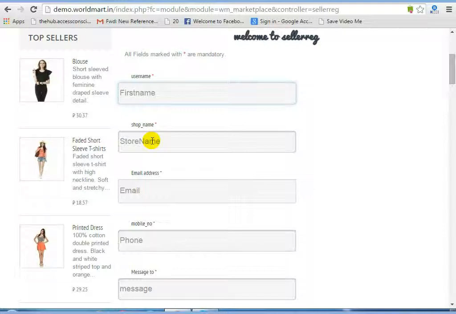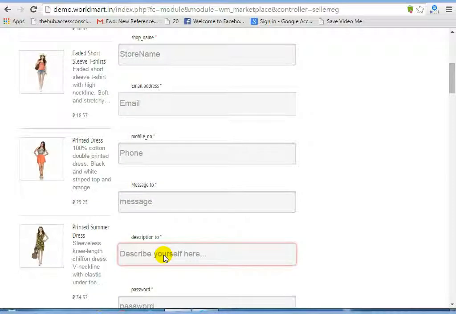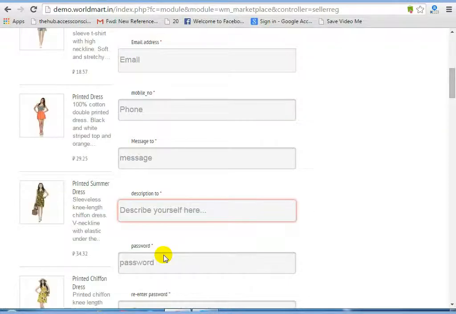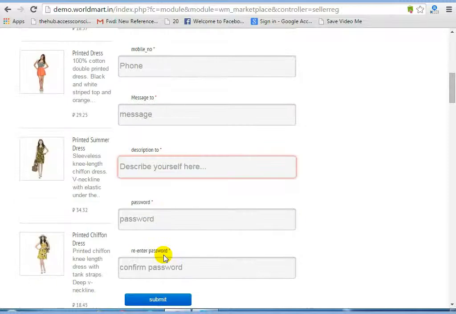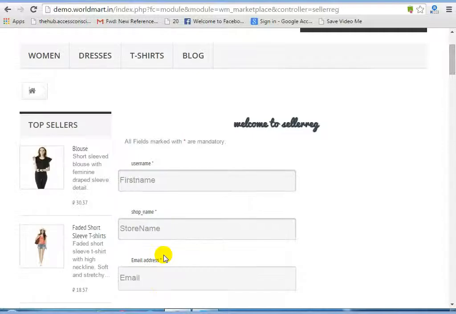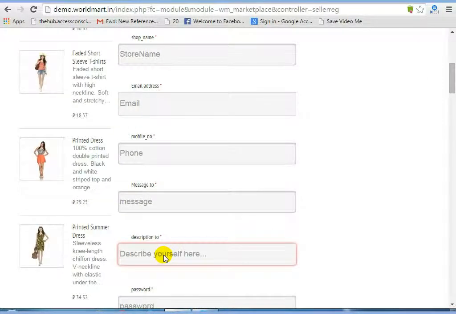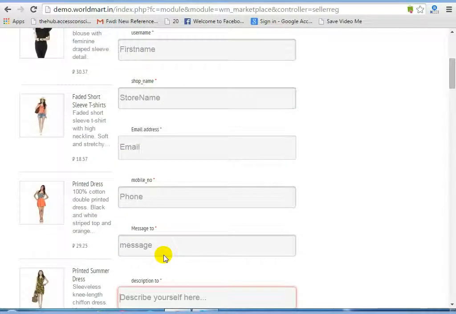if they want, they can send a short message to the store, and mention some description about themselves, what type of seller they are, and they have to set a password for their account. Okay, so since I've already registered as a seller, I will not show you this process, but it is a very simple process, and once they click the submit button, they will be redirected to the login